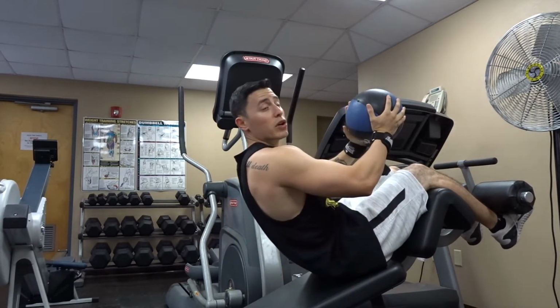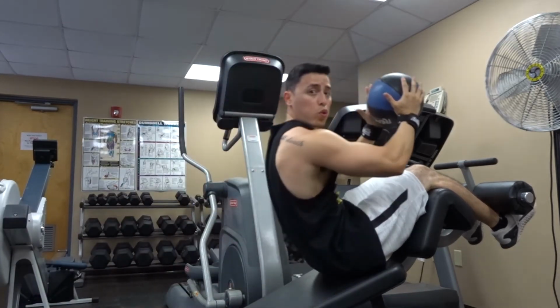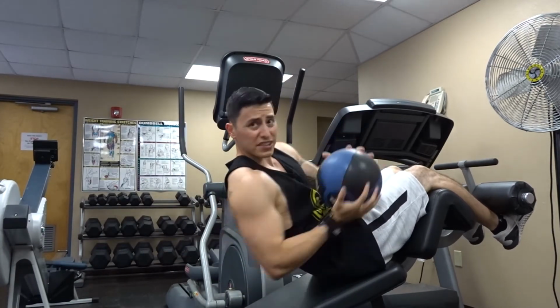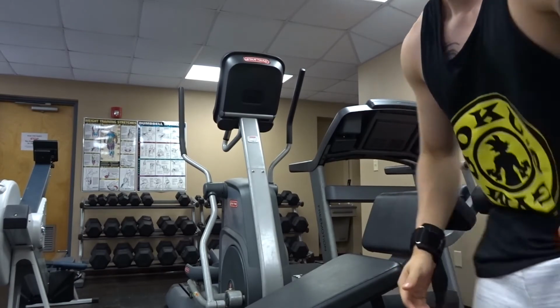On these, you want to make sure that you're engaging your core the entire time. You need to be squeezing on the way up and holding on the way down. And if you're doing the twist, you want to make sure you're breathing, all right? Breathing is super important. If you don't breathe, you'll die. But while you're exercising, if you hold your breath, that's how you get muscle strains. You can hurt yourself or you can pass out, all right? You need to make sure you're breathing on all the exercises that you do. All right, so I'm gonna knock out this, and then I'm gonna do this ab stuff,